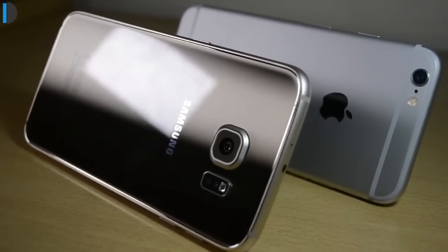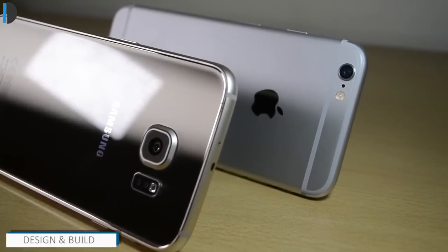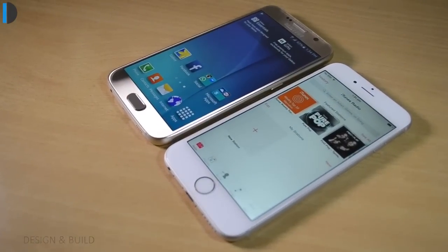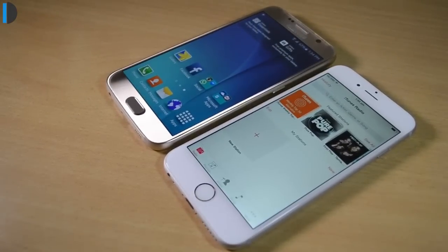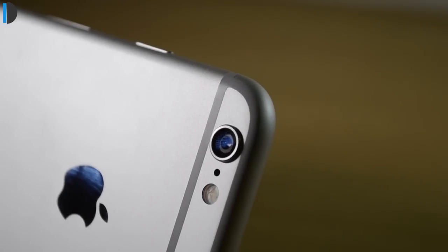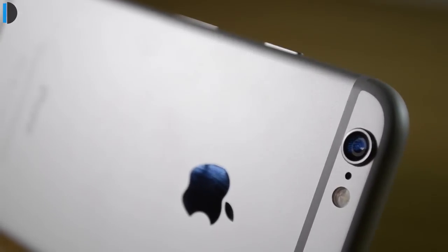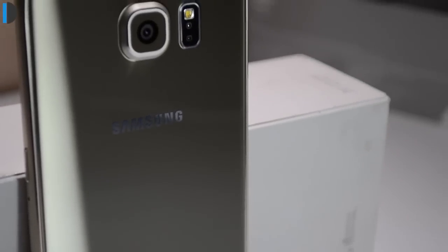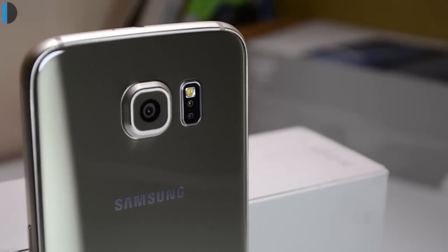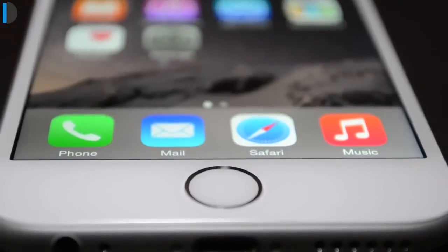I'll start with the design of the phones, and both phones are made out of glass and metal materials. They both look nice and premium, but in absolute terms, the Apple iPhone 6 has a curved glass at front and a metallic back. The camera protrudes and it is with wider bezels when compared to Samsung Galaxy S6. The S6 on the other hand uses glass back as well as front and uses steel rims all around, which is high strength steel. It looks more stylish and has more glamour element compared to the Apple iPhone 6, which